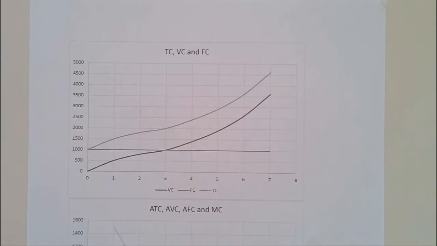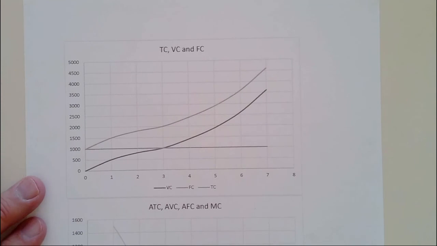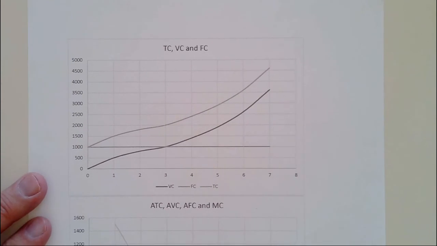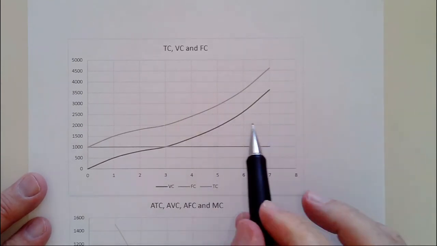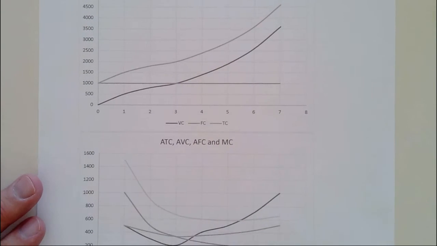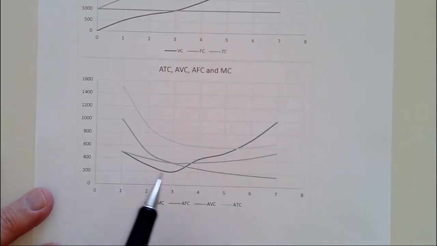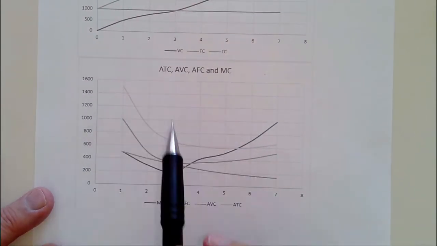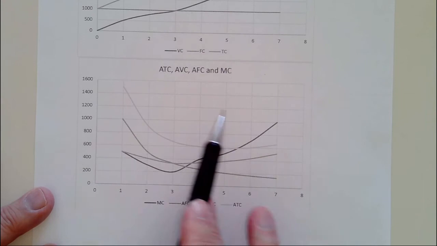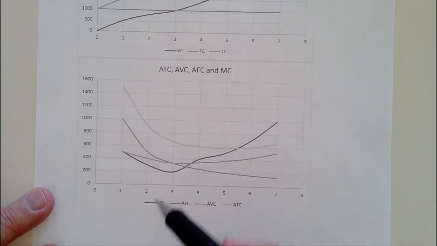So what I did is I took the data in that table we just had and I went to Excel and put it into Excel and had it come up with some graphs. And I separated the graphs. I put the total numbers on one graph, and down here I put the average and marginal. Why? Because these ones are a lot lower, smaller than these numbers here. If I put them all on the same graph, it would be hard to see the ones down here. So normally we tend to separate the two different graphs.